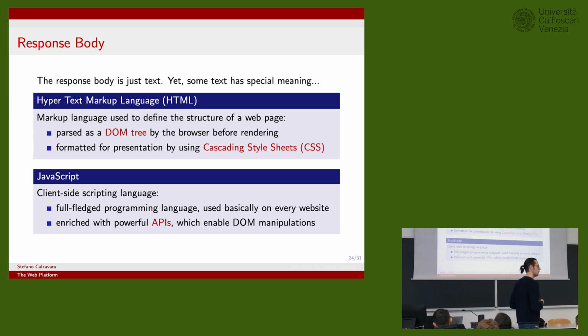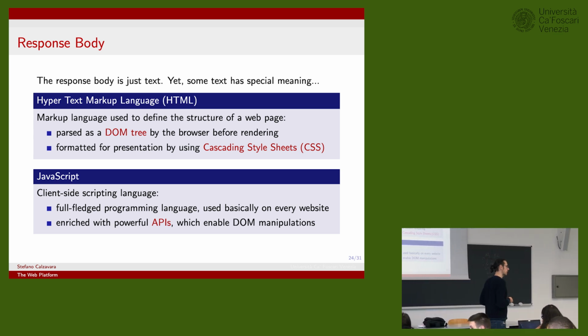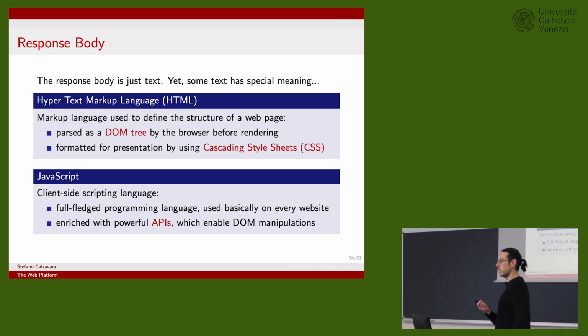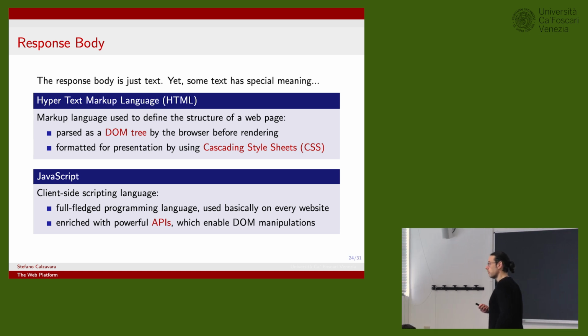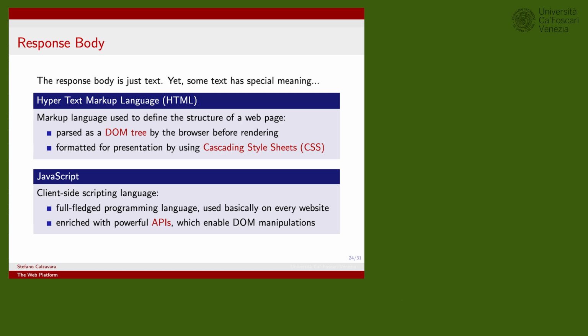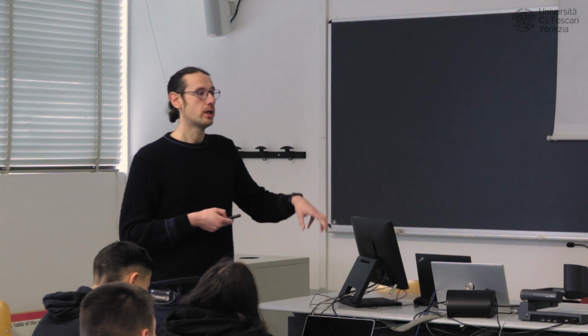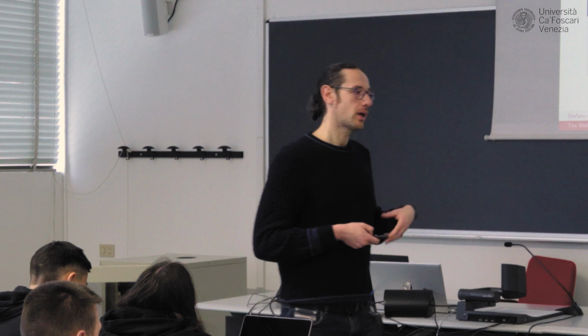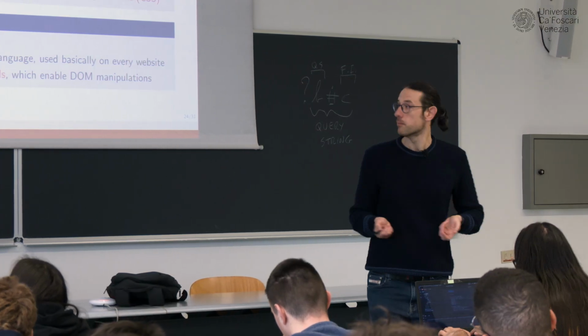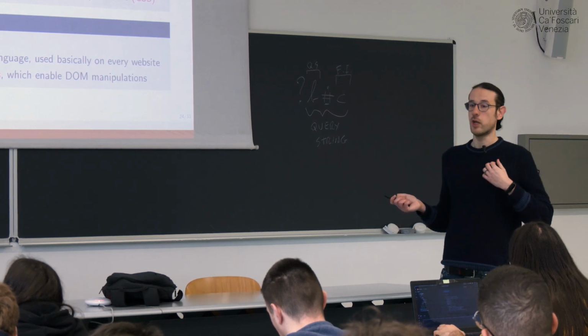Another important technology that I want to mention, which we're going to investigate more in depth during the next class, is JavaScript. JavaScript is a full-fledged programming language. You can write arbitrary applications using JavaScript, and now it is used in many different contexts. But in its original formulation, JavaScript is intended to run on the client side. That means the browser integrates a JavaScript engine and executes JavaScript code as part of the rendering of the HTML document. Nowadays, it is used on basically every website.